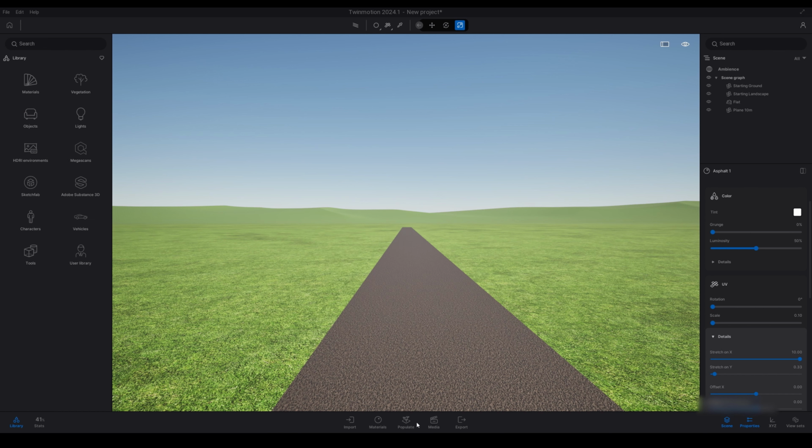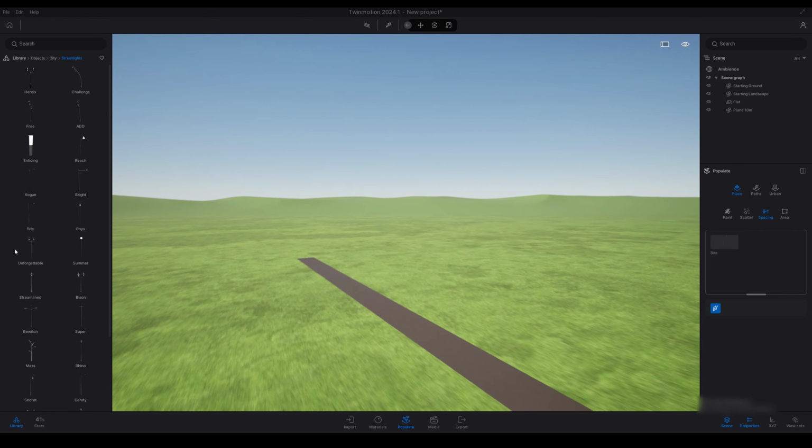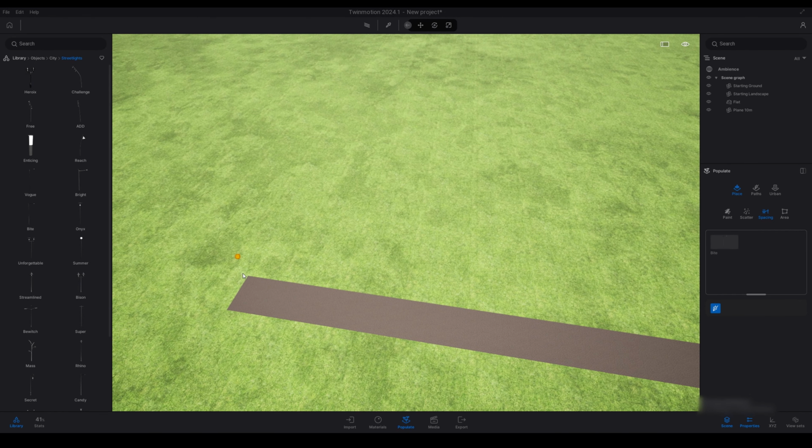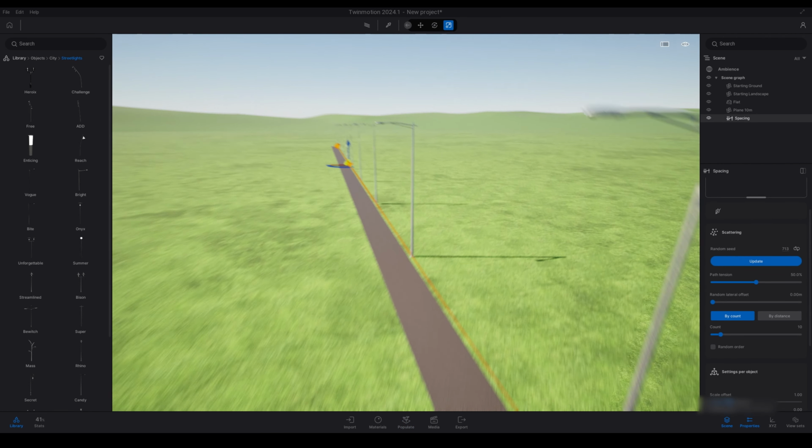So now we're going to get started on our area and spacing tools. So I've selected spacing. I'm going to go to objects, city and streetlights, and now I'm going to select a streetlight. So I'll select one, I'll drag it to the right hand side in the box there. Below that I have my little pen highlighted. I'm going to place my first point at the start of the road, and then I'm going to place my second point at the end of the road. Once I have my 2 points, I can go ahead and press escape, which will place my line.